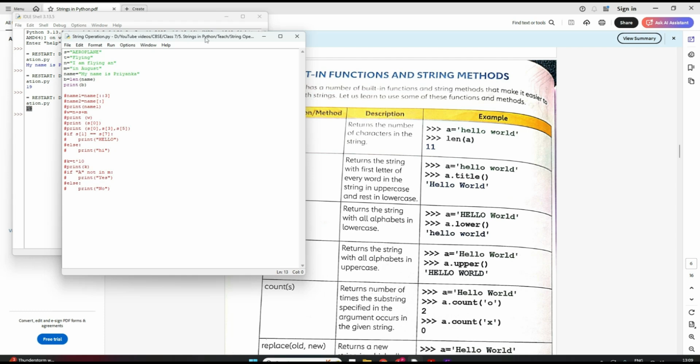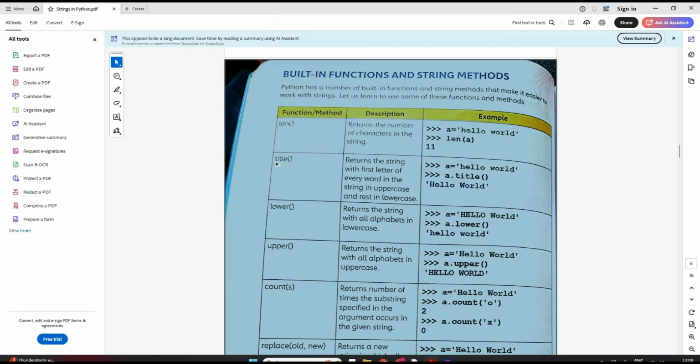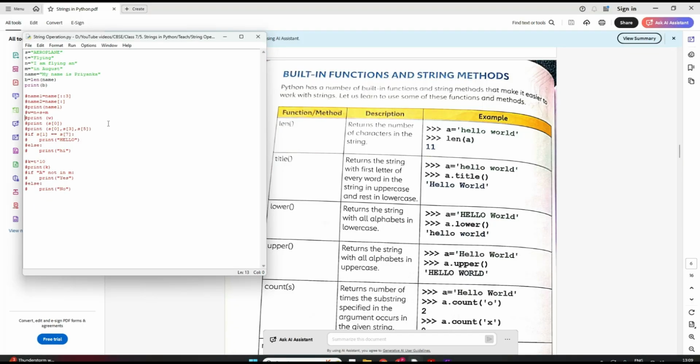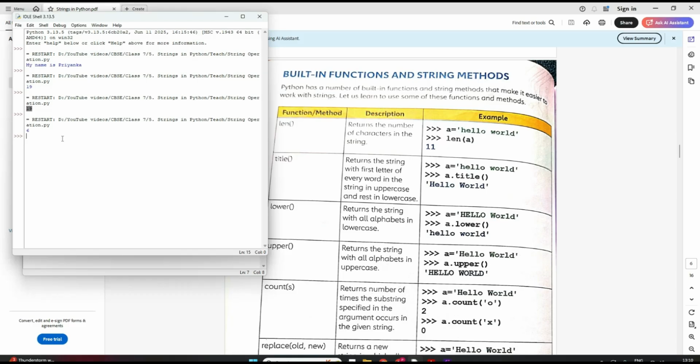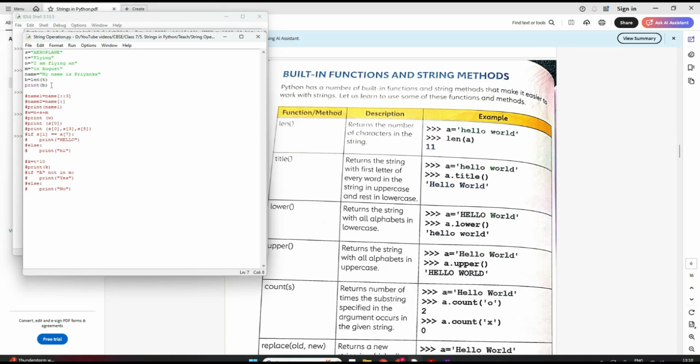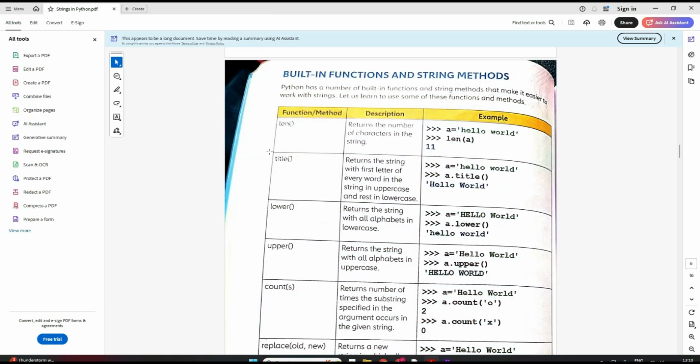Here, if you want, I can show more of the length function. Suppose you want to find the length of this variable t, flying. Instead of name I am storing t, which is my variable name, in b. Now if I print b, what will come? 1 2 3 4 5 6 is the length, right? Let me save and see, does it return 6? It returned 6. Clear? Length function is a very important function. In many programs we use this. So now let's come to the second built-in function, which is title.